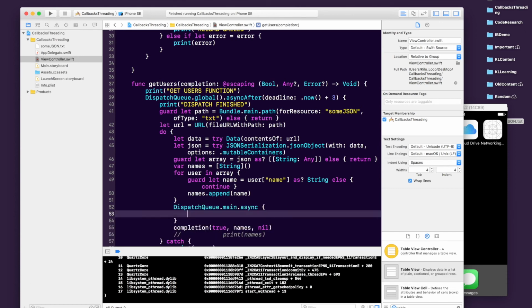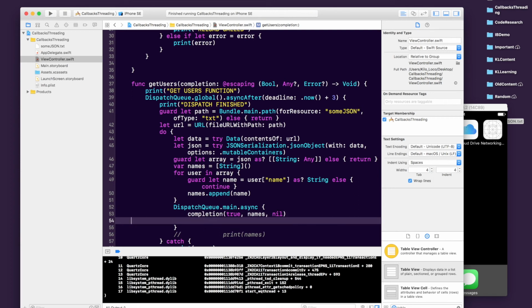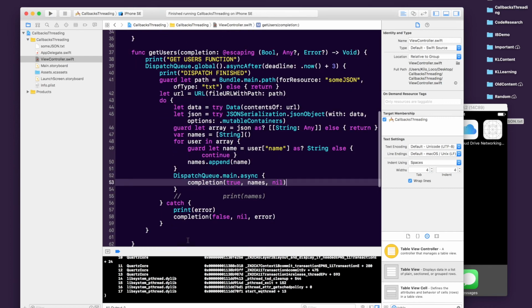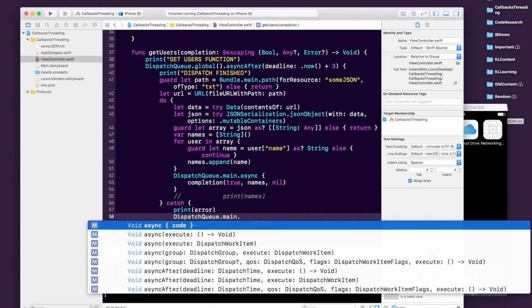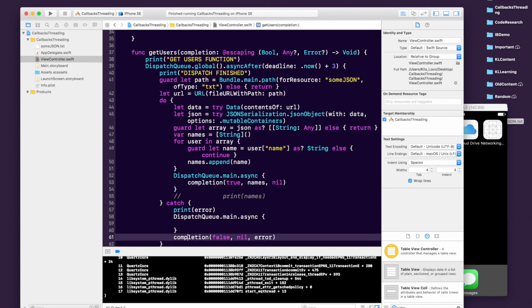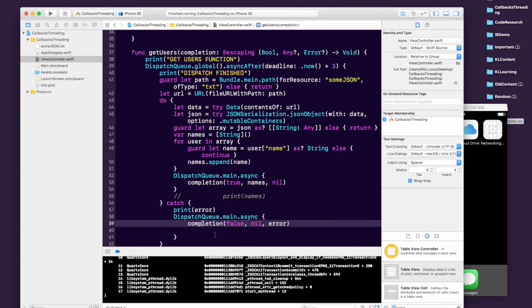and we're going to go ahead and delete that. We're just going to put this code in here, and what that will do is it will come back, it'll go from a background queue, or from a background thread, and then it'll be put on the main thread when all this information is done, so that our completion block is called on the main thread. And I'll also do this for my completion handler for errors as well. So dispatch queue main dot async, and then we'll delete that code, and we just want to put this in here, and that's all we want to do,